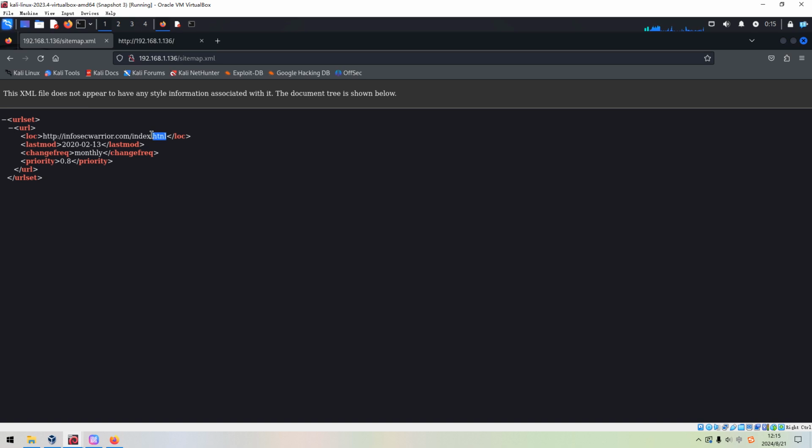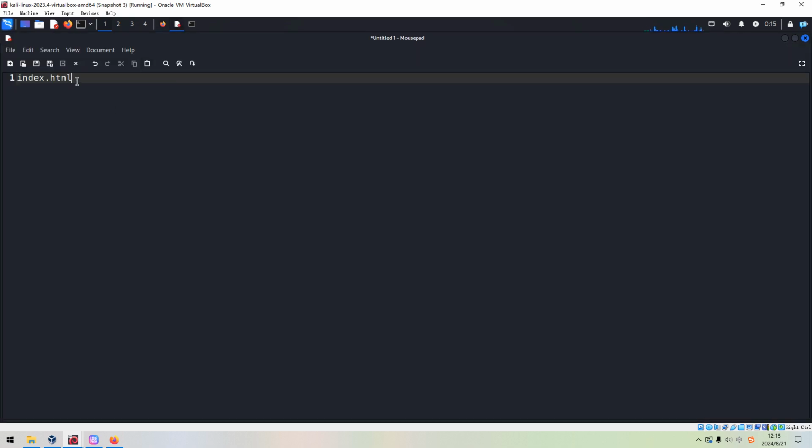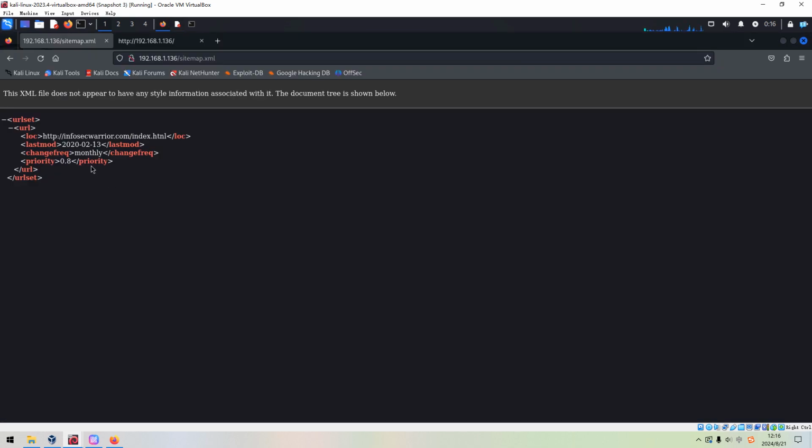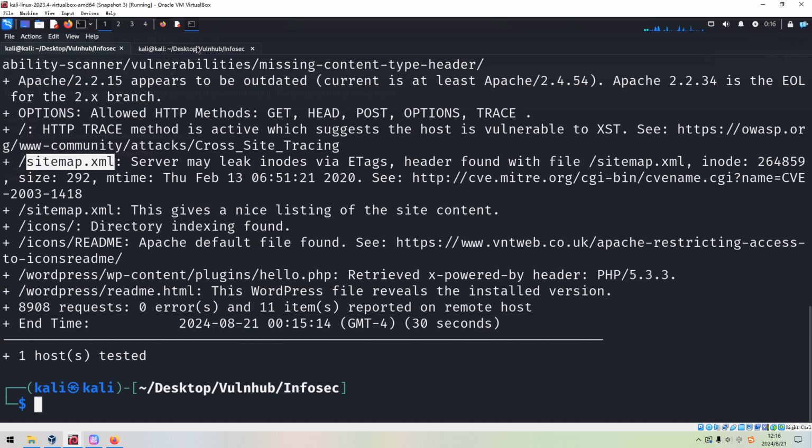If you look at this URL very closely and carefully, you can notice this file is index, but the extension is not normal HTML. So I think we need to copy and paste it over here. Later we need to check it out manually. It also gives us the priority, monthly, nothing else important, okay?